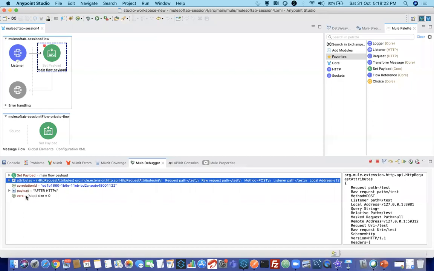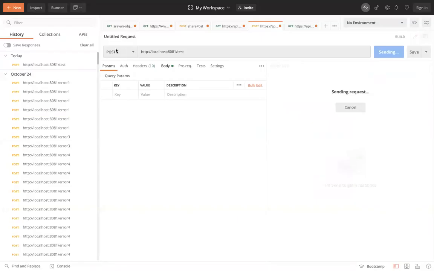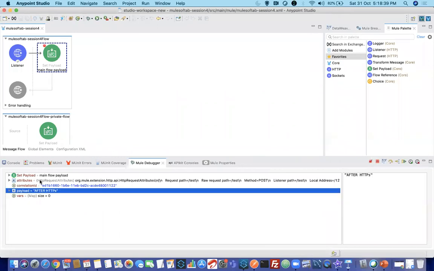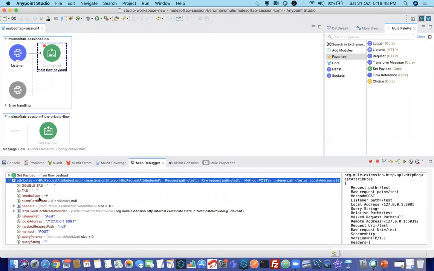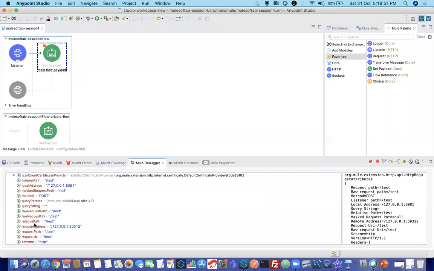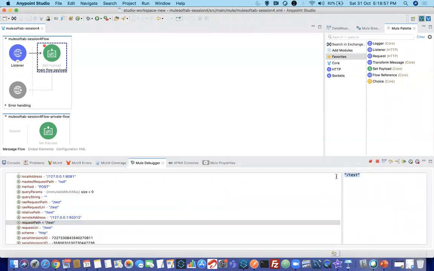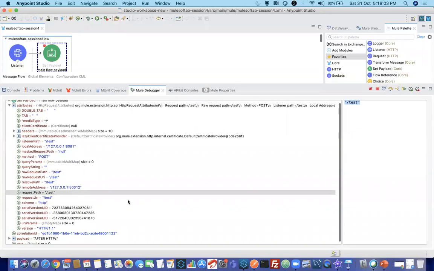Now, I told you the total Mule event is a combination of payload, which is this one, attributes and variables. You may ask, where is this payload from? You can see in my body, as it is a POST method, I am sending some text. That's your current payload. All three are part of the Mule event. Got it? Now if you expand the attributes, you can see a number of things. Suppose you want to get the request path or request URI value and you don't know the syntax, there should be an easy way to understand how to get the syntax.